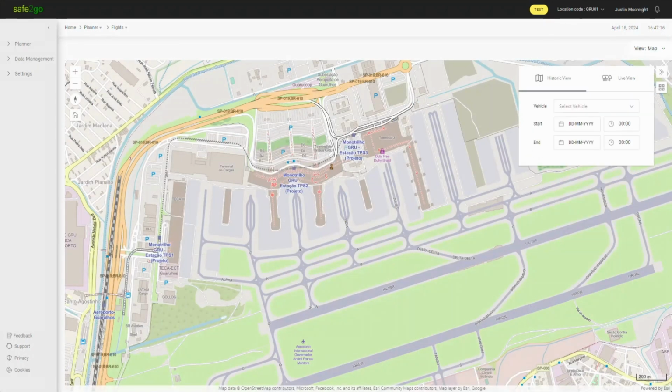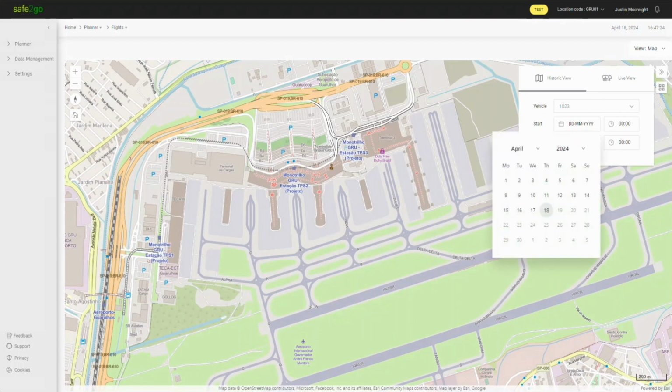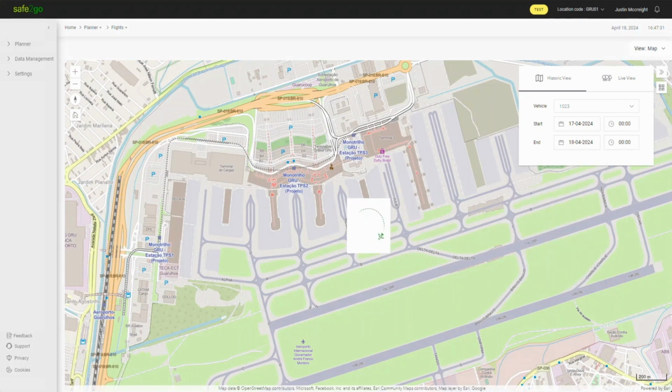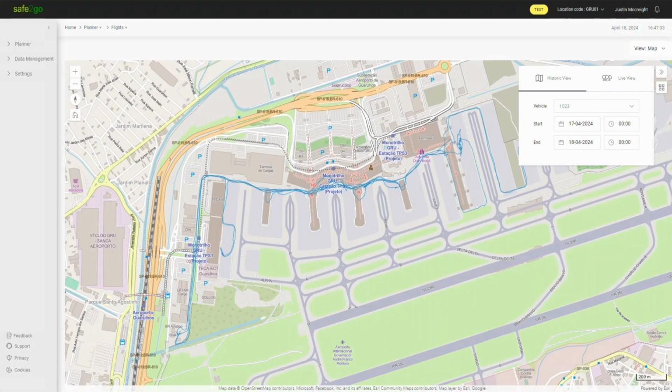The secondary output from Velocity's real-time analytics is history. Using feature services, users can search for a specific vehicle, select a date and time range, and quickly view the past movements of the specified vehicle. Our dispatchers and logistics teams use the historical view to ensure that the operators are taking the most efficient route